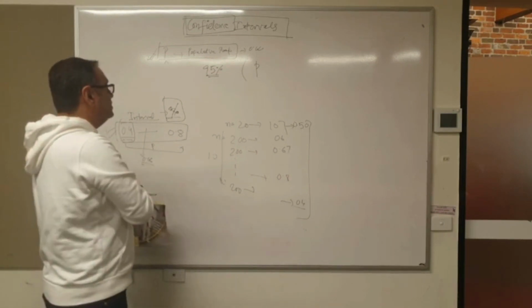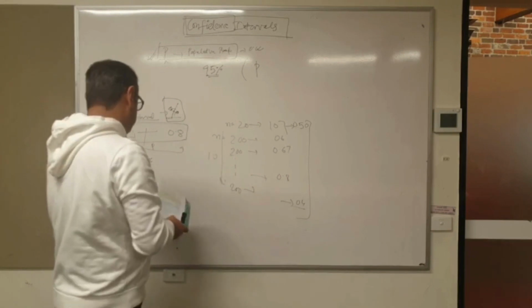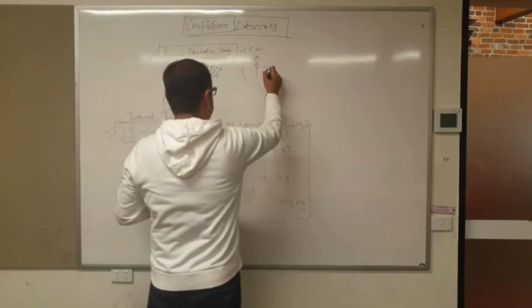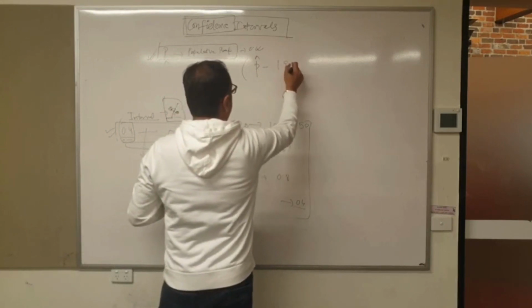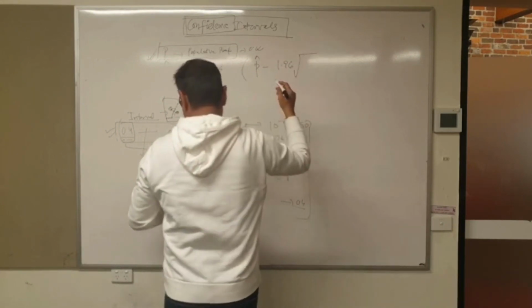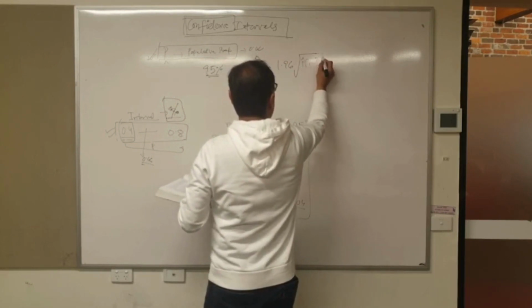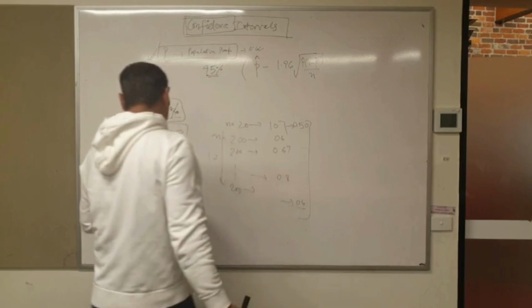So the lower bound is P hat, the sample proportion, minus 1.96 square root of P hat times 1 minus P hat over n,